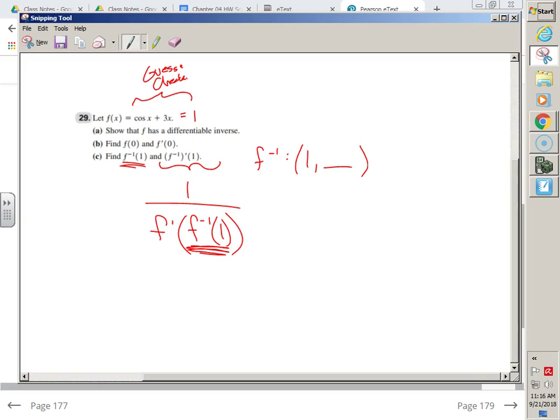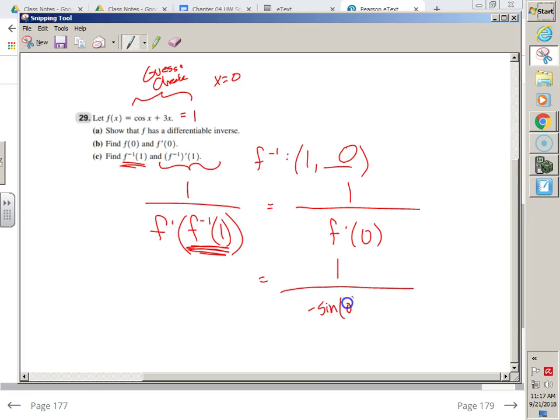Silly me, I thought cosine of 0 was 0. In that like half second I thought about it. But cosine of 0 is 1. 3 times 0 is 0, plus 1 is 1. So therefore, that's going to be true when x equals 0. So therefore, if x equals 0, y equals 0. So therefore, when I come down here, how do I finish the problem? I plug in 0, which would be 1 over negative sine of 0 plus 3, which would be